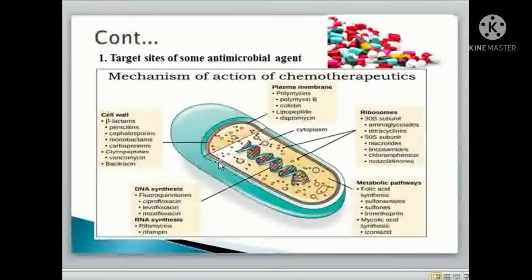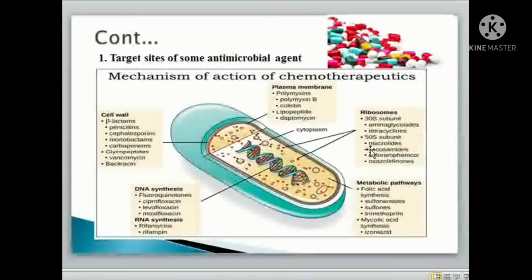Generally, beta-lactam drugs like penicillins, cephalosporins, monobactams and carbapenems act on the cell wall of the bacteria, whereas the polymyxin drugs may interfere with the plasma membrane or the cell membrane of the bacteria and may result in death of the cells. When you see the aminoglycosides and tetracyclines, they act on the 30S subunit of the ribosome of the bacteria, and